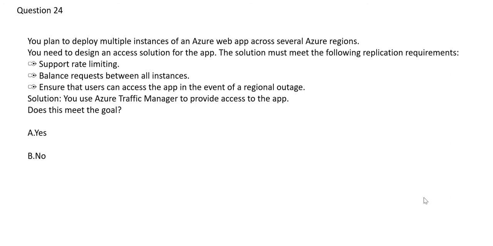And what rate limiting means is that Front Door can work with WAF so that the number of requests per minute can be limited, because you have to save your resources from getting overloaded, and hence you use rate limiting.